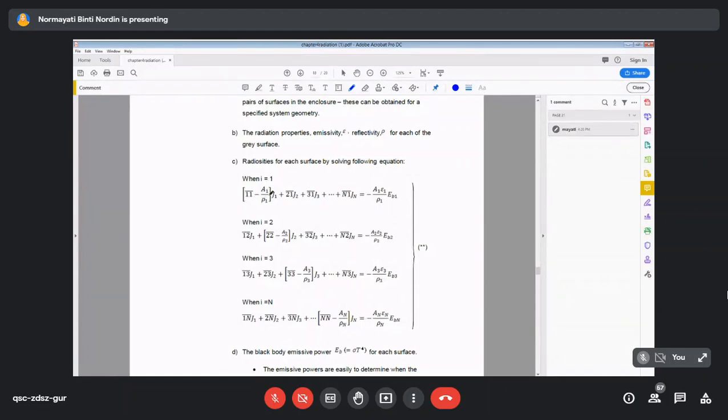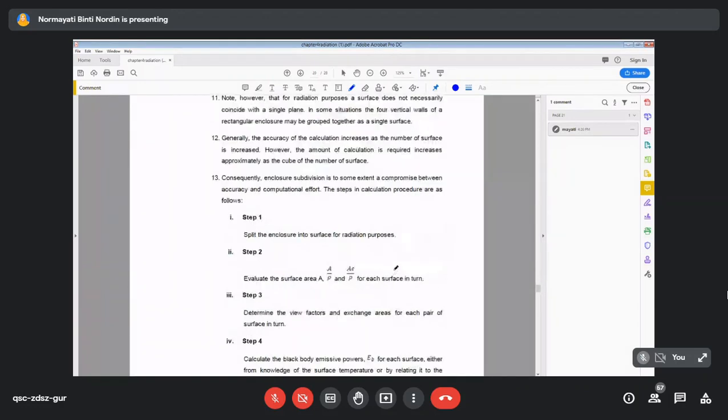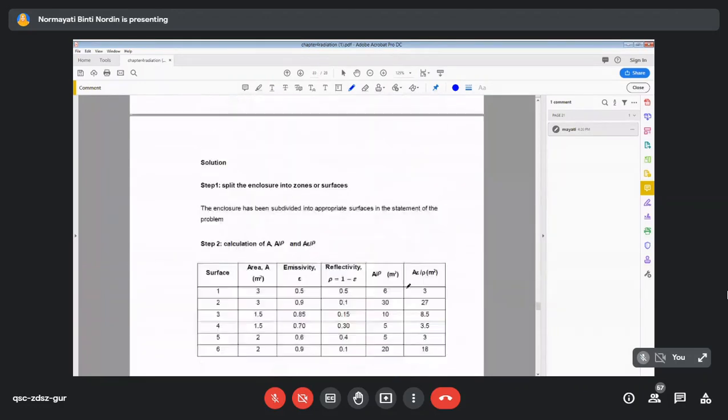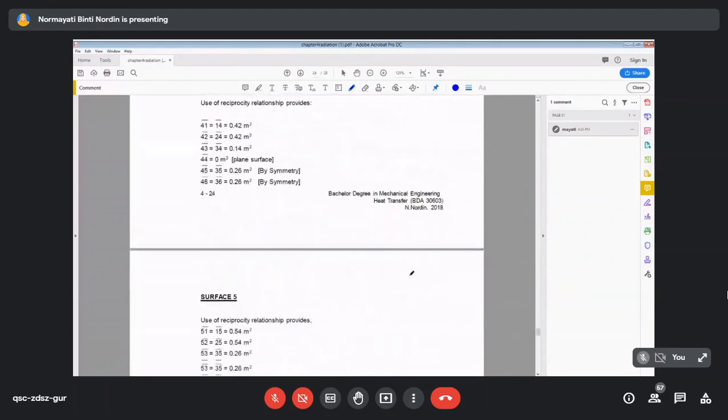So that's why penting tadi di peringkat awal you dah calculate A1 over rho 1, A epsilon 1 over rho 1. Bila you dah calculate awal tu, you just substitute 1-to-1, 2-to-1, 3-to-1 ni you dah calculate ketika you dapatkan nilai exchange area. So just substitute and then you will have all the formulations to solve radiosity